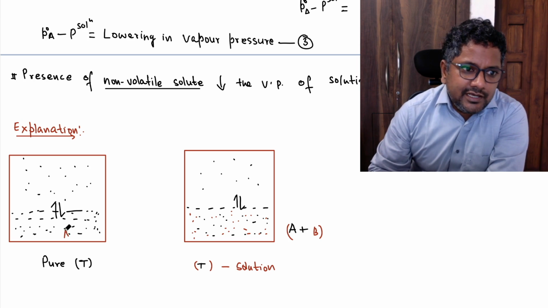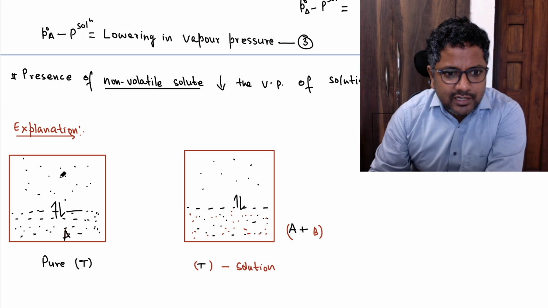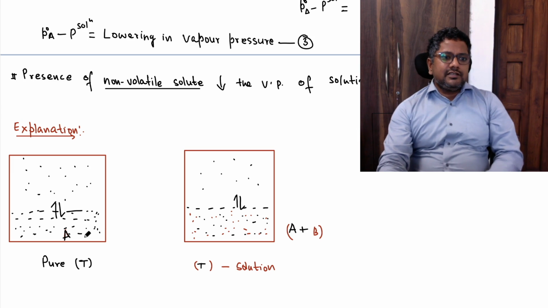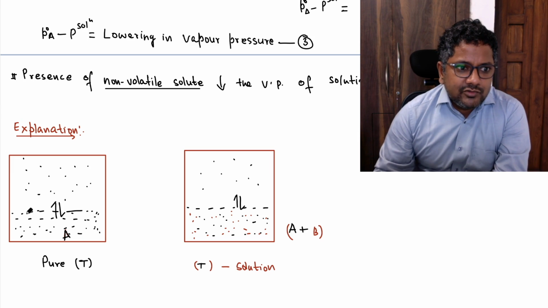So, this A has some entropy and a vapor of A has more entropy. So this is the reason why this A is converted into vapor. So here entropy, let it be